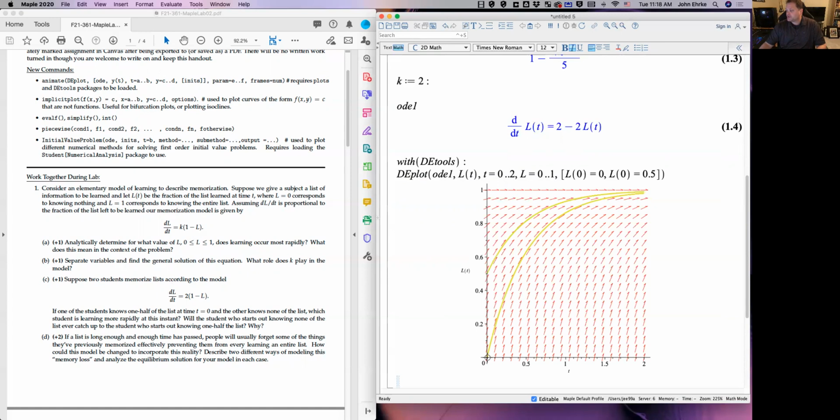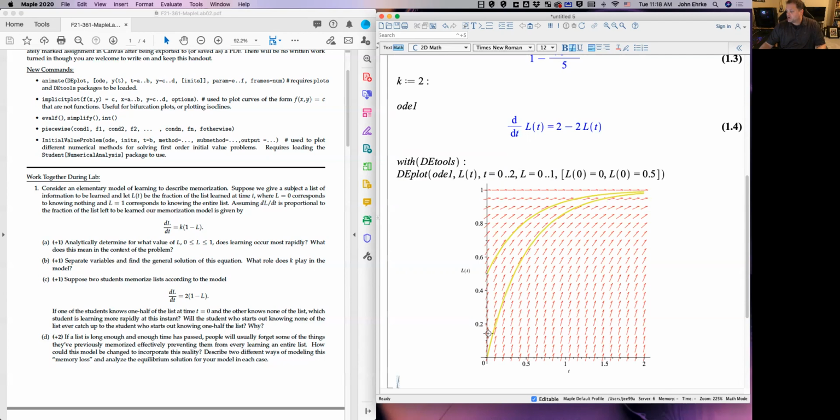But you can clearly see that the student who knows nothing at the beginning is learning faster. But then the other question, it says, will the student who starts out knowing none of the list ever catch up? So you can see here that it doesn't look like they ever catch up. There's still a gap. Now that gap gets increasingly smaller, but I wouldn't say that they ever catch up, because